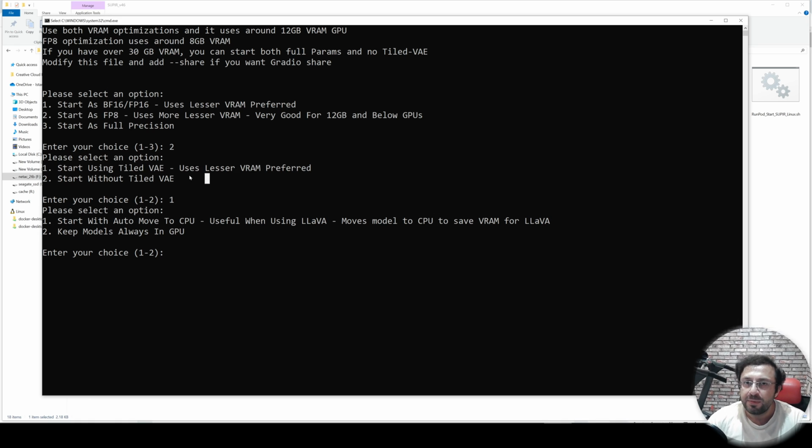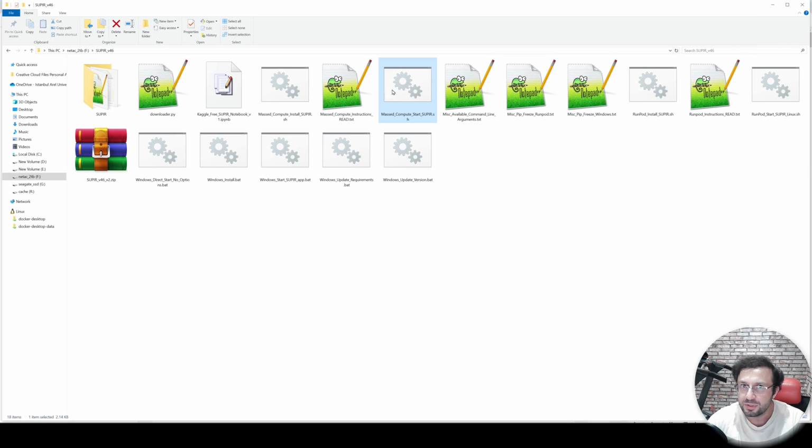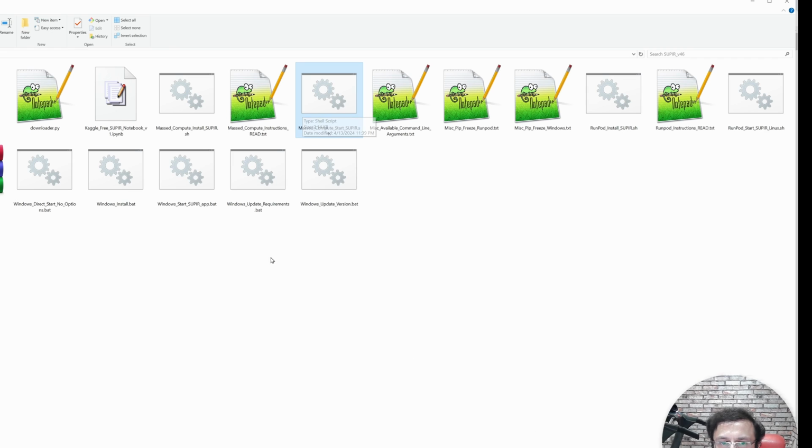So if you need speed, you can rent a higher VRAM GPU from Massive Compute. We already have Massive Compute installation and hopefully I'm going to make a tutorial for that, or we already have installer for RunPod with instructions. You see RunPod instructions, and also we have Massive Compute instructions.